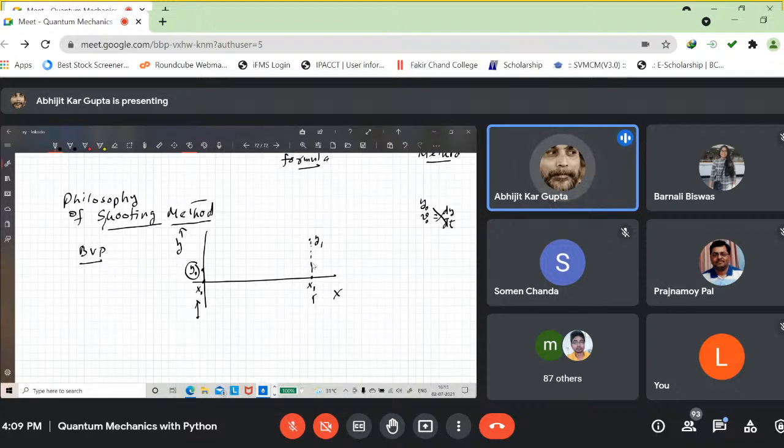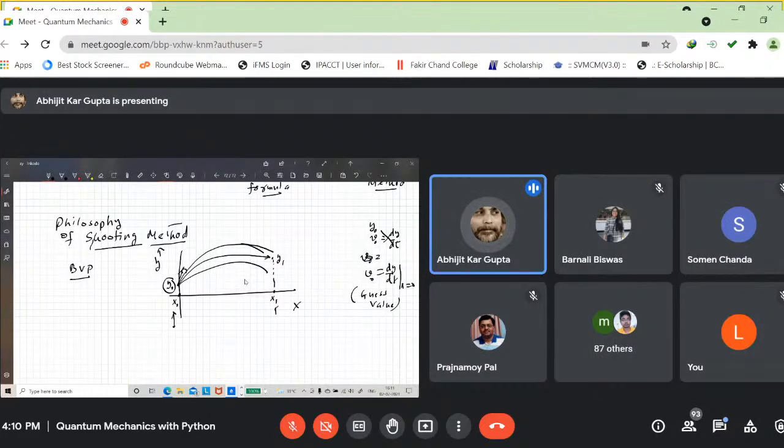You will go from here to here, but which path will you follow? Suppose you are standing here and you want to shoot there. How do you shoot? Will you shoot from here and it will go here? You do not know. You have to give it a trial, in either this direction or this direction, and so on. Suppose arbitrarily